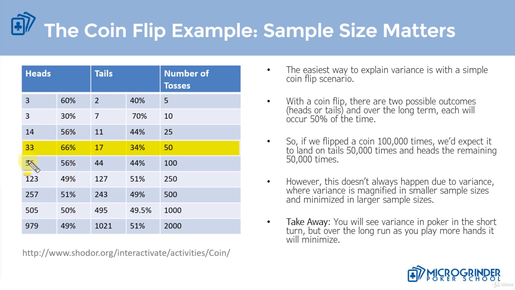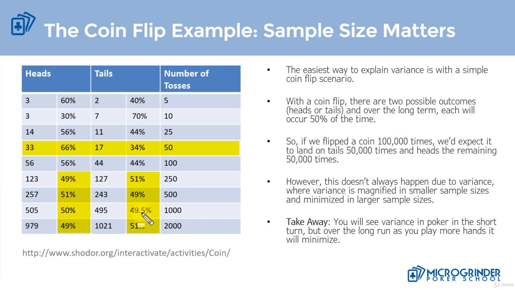Now, as we continue to go down this direction, what you're going to notice is that variance is going to start to dissipate. With this example, at a sample size of 250, it pretty much starts to dissipate altogether for the most part, because we have 49% and 51%, 51% and 49%,